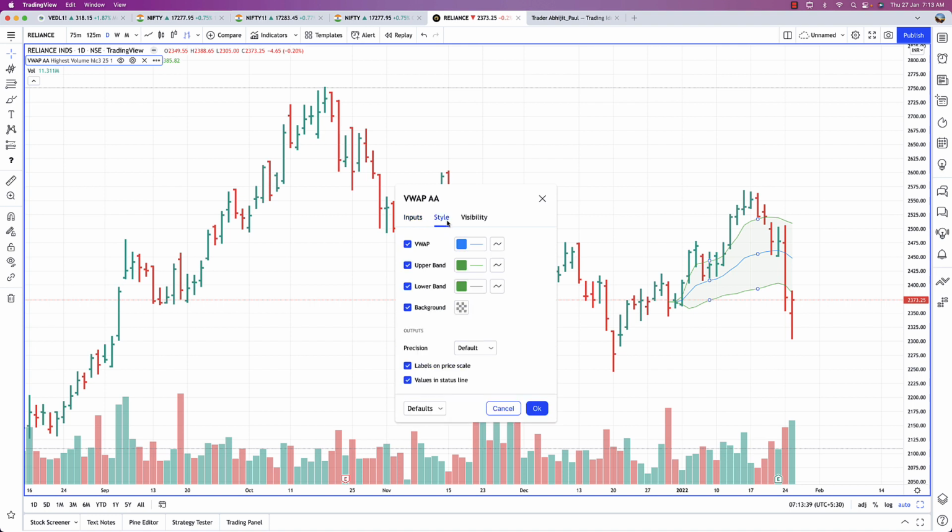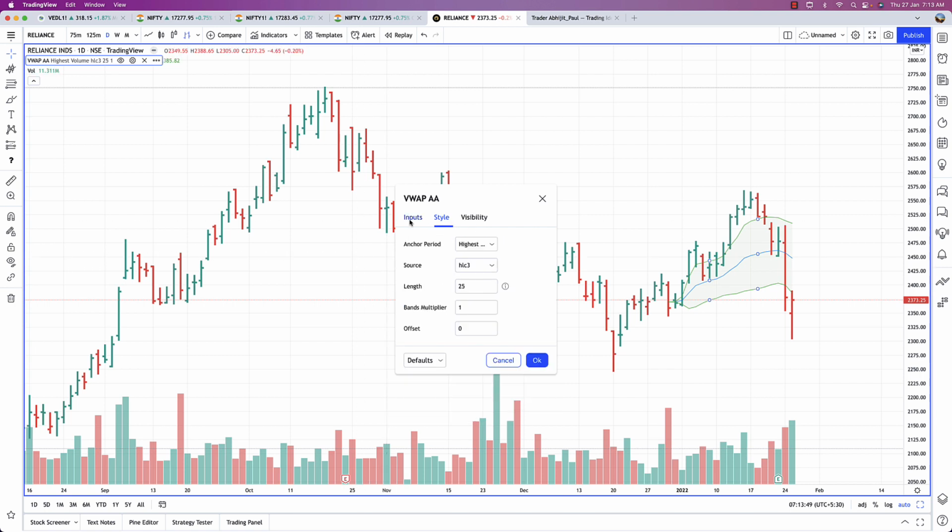But then, just because it's an added feature and just because it looks good, one needs to use it wisely. The rest of the cosmetics are the same. Now, anchored VWAP or auto anchored VWAP is not a bad deal